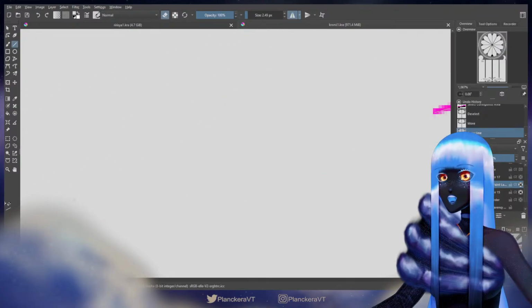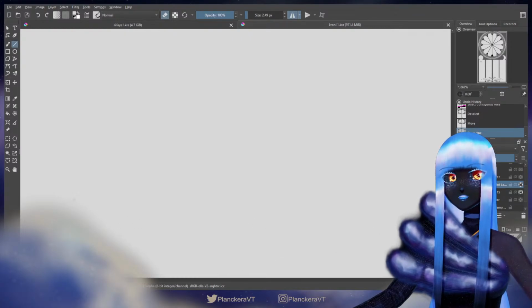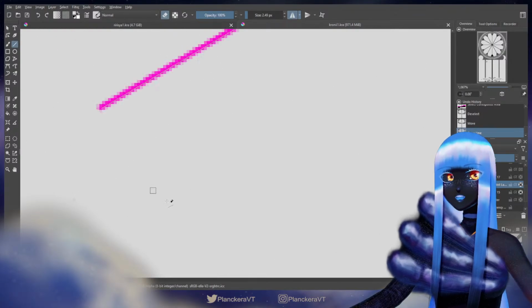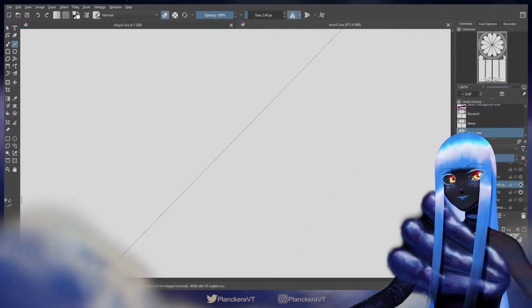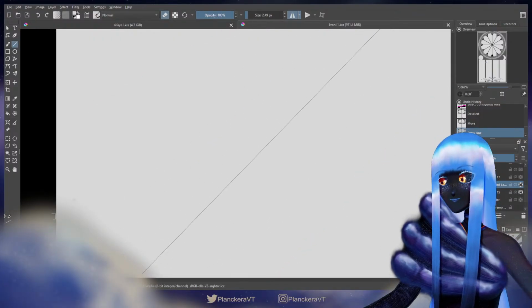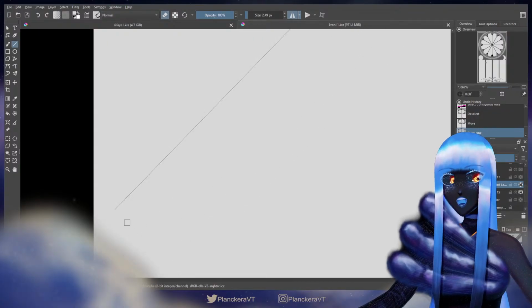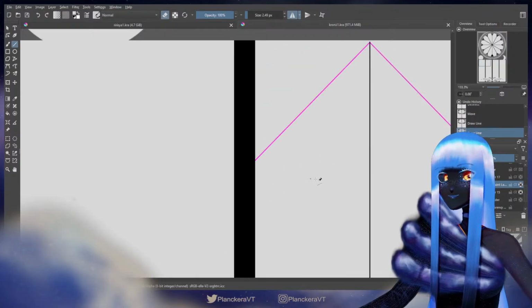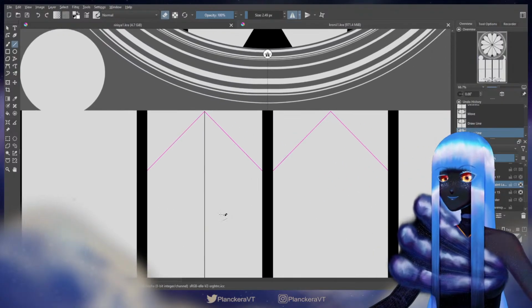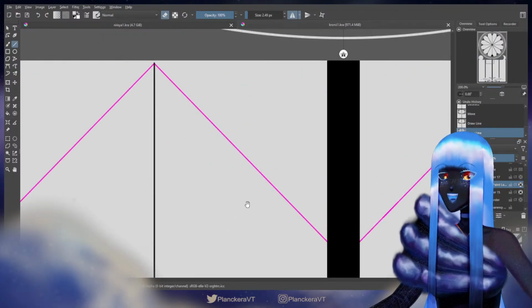I wish I could zoom out while I was doing this, but as far as I can tell, I cannot. So I will just have to trust that I can identify which of these is 45 degrees. I'm not sure if I trust. I did it! Yay! Okay.